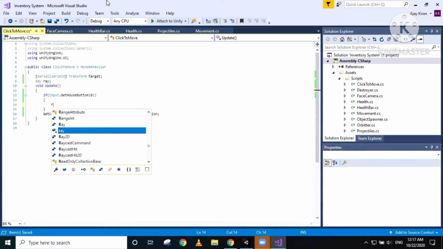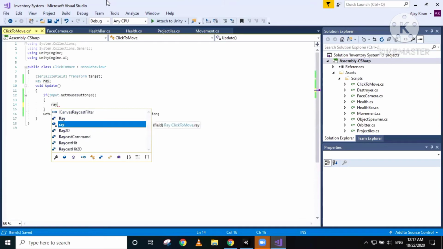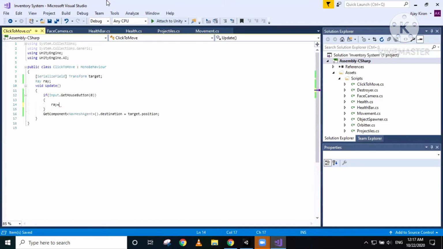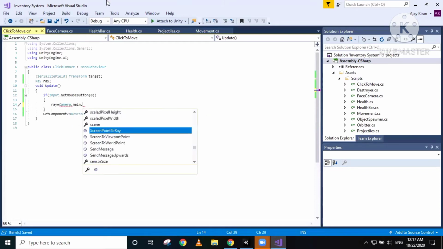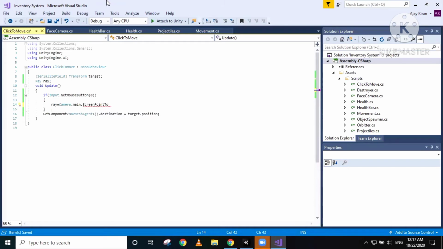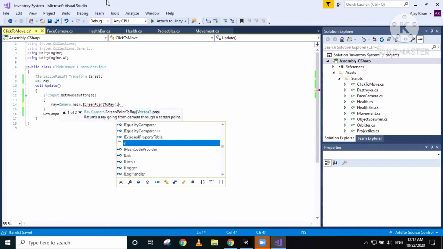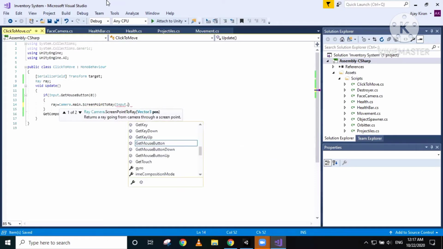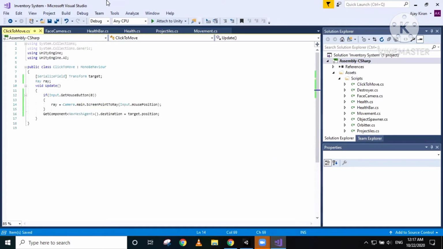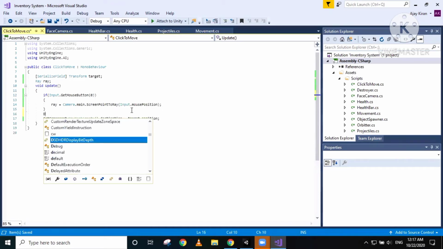We need to store our ray. So store the position into ray. So ray equal to Camera.main.ScreenPointToRay Input.mousePosition. So we are going to store the mouse position onto ray, and for now, for visualizing,